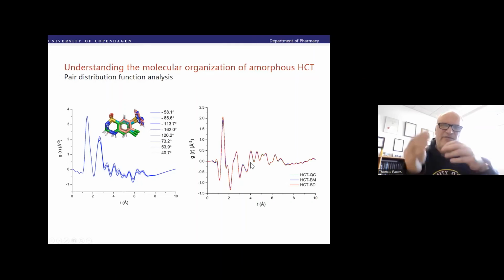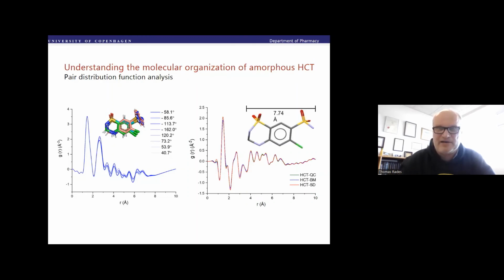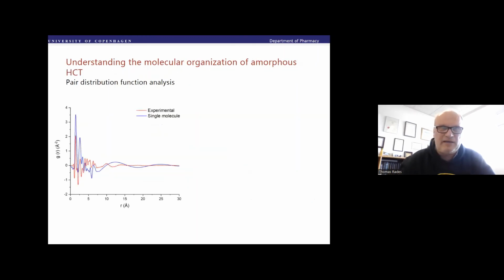And this means that on the conformational level of the individual molecule or their nearest neighbor, these systems are surprisingly similar. They are not different. So the difference between these two amorphous forms must be on a larger length scale than the molecular or bimolecular length scale. That was a big surprise to us. What we, however, can say is that